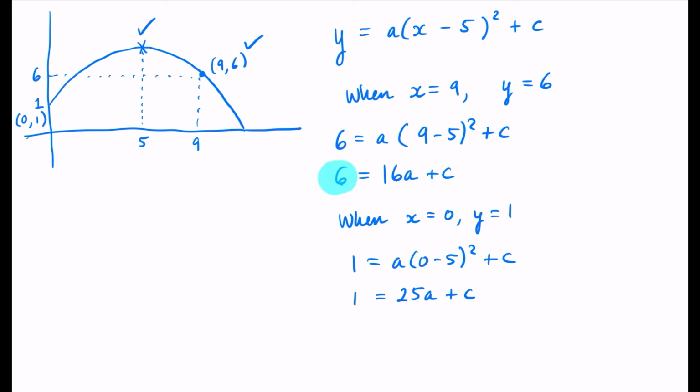So what I'm going to do is take these equations and solve them simultaneously. Now, I know that comes up in the next chapter, but we should be able to solve these on our calculator very, very quickly with our two unknowns. I have 16a plus c is 6, 25a plus c is 1. And when this is solved on the calculator for me, it tells me that a is minus 5/9 and c is